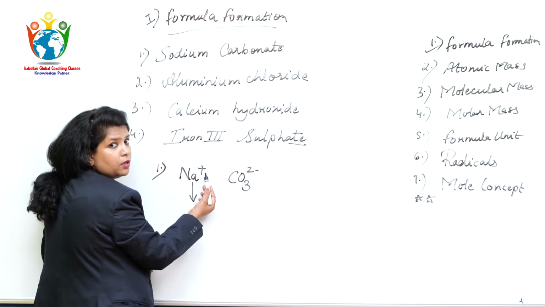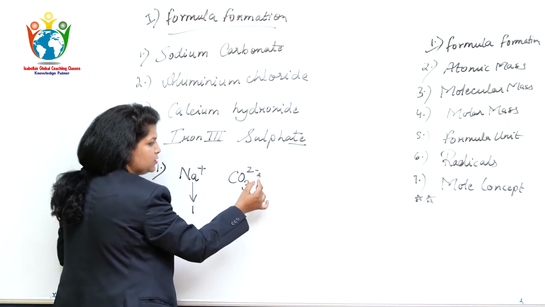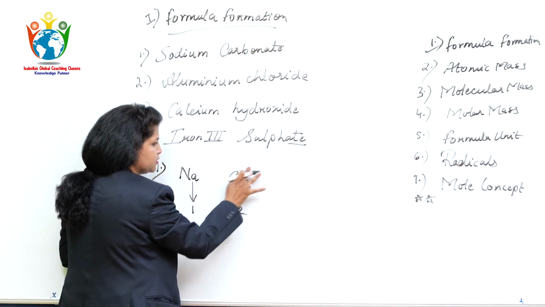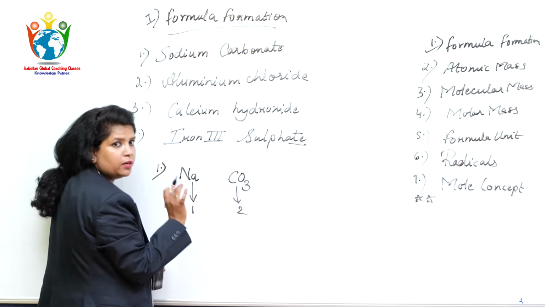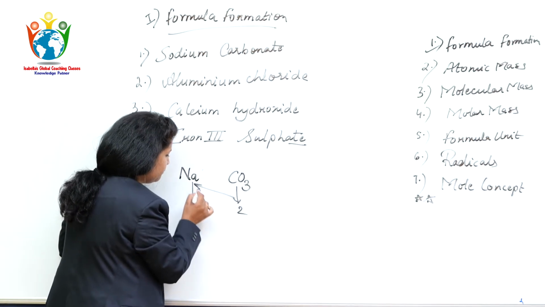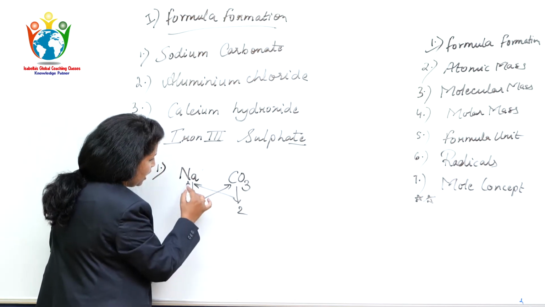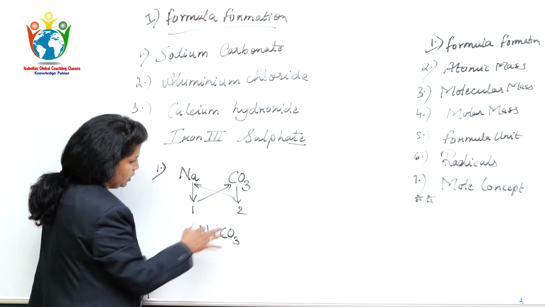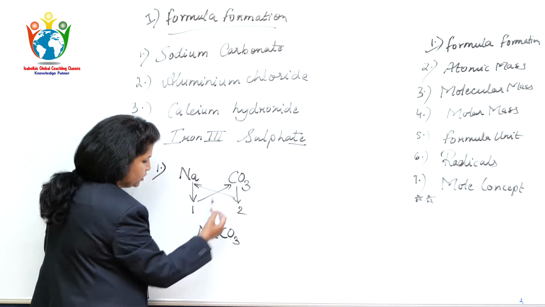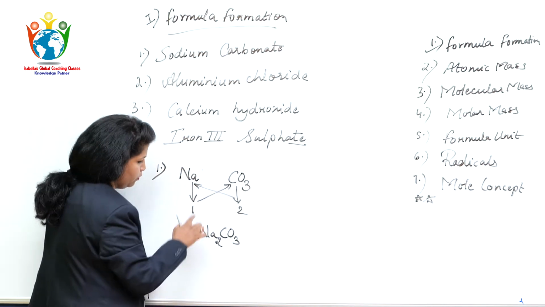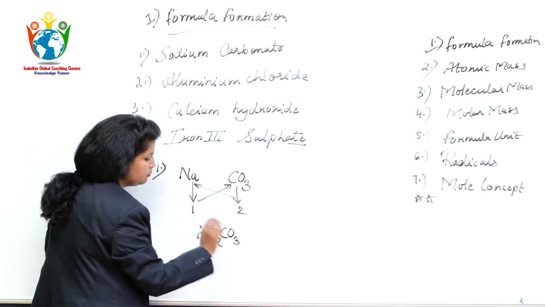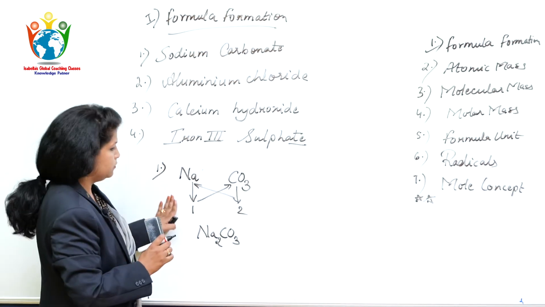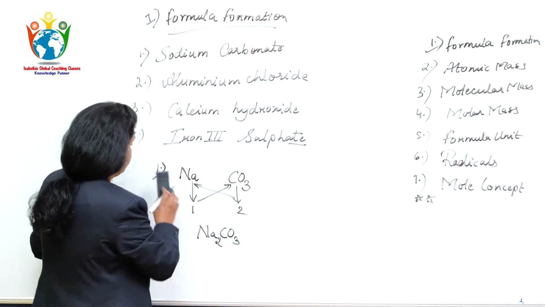How much charge is there on it? 1. You will bring this 1 down. How much is there on the other? 2. You will bring this 2 down. After bringing it down, you can erase this because it is not required. Once you have copied, it is not required. You will get in the habit; initially you have to do it. Now copy down the things as they are. You can see this 2 is going here, and 1 is going there. I will write down 2. The 1 is not required because anything multiplied by 1 is itself. Understood? Now we can go with the next one.